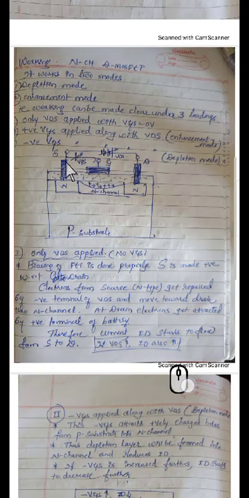So here we are applying both positive gate voltage and negative gate voltage. Negative gate voltage means the negative terminal of the battery is at the gate and the positive terminal at the source. If you take it the other way, positive at the gate and negative at the source, that is a plus VGS, that is positive gate voltage. In order to see the working, we apply VDS, the voltage between drain and source, along with two types of VGS, positive VGS and negative VGS.